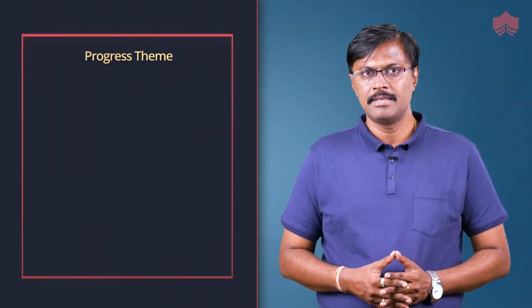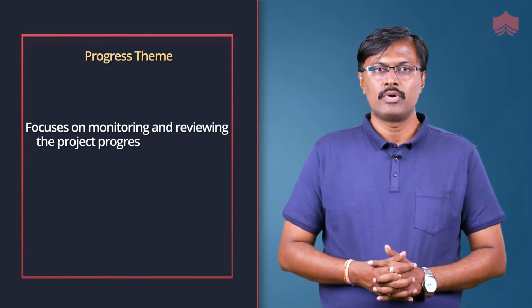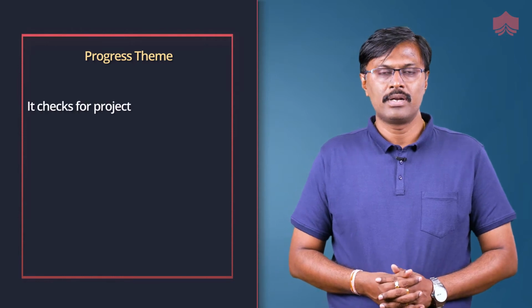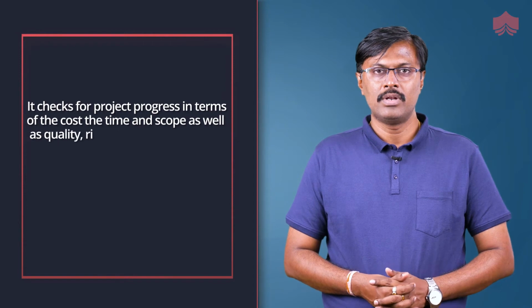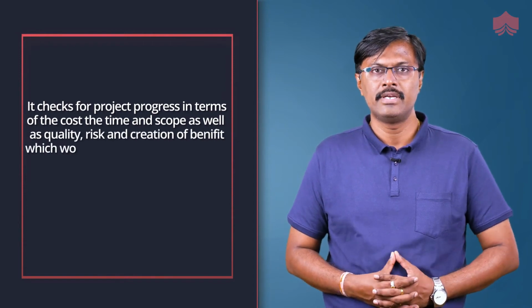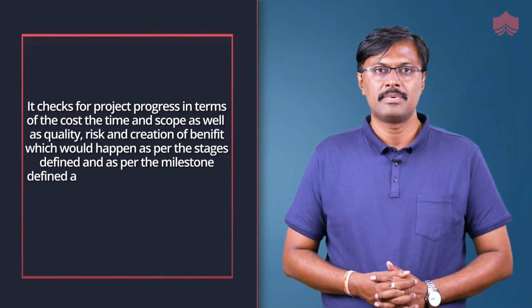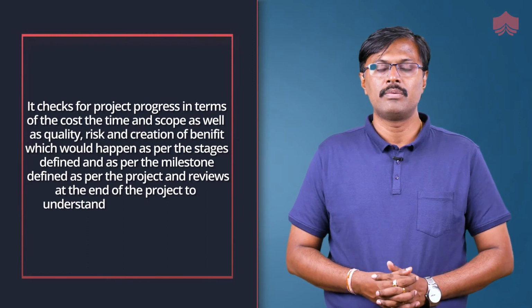Progress theme. Progress theme focuses on monitoring and reviewing the project's progress throughout the project life cycle. It checks for the project's progress in terms of the cost, the time and the scope, as well as quality and risk, and creation of the benefit which would happen as per the stages defined and as per the milestones defined for the project, and reviews at the end of the project to understand if the required benefits are created